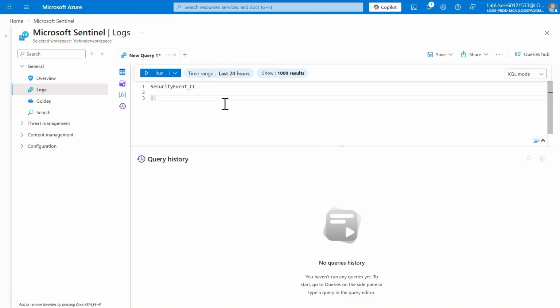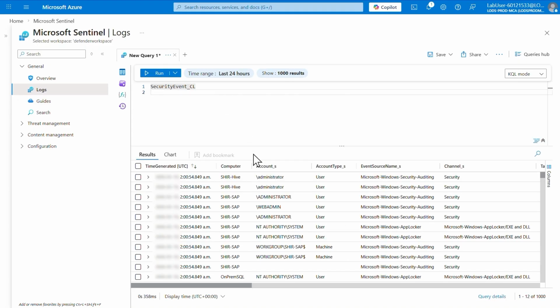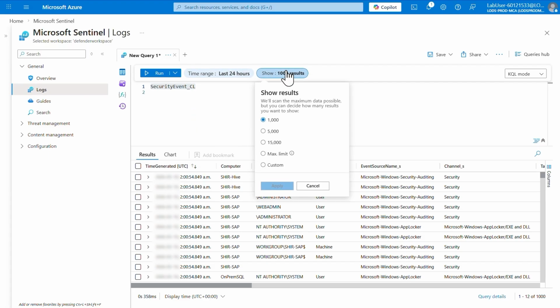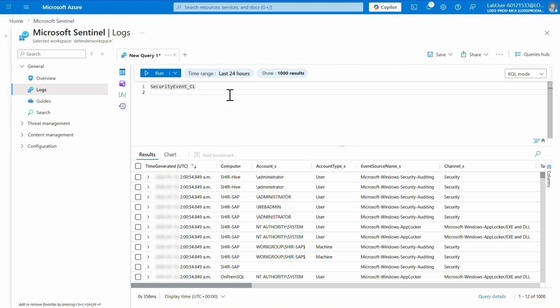This is about the simplest query you can create. Type in the name of a table, hit the run button, boom, here's a list of results for you. We're seeing all the rows in our SecurityEvent_CL table. Actually, we're not seeing all the rows because there are filters at the top. We can see we're only showing the first 1,000 results and the last 24 hours as well. If necessary, we can change the time range or choose the number of results that show up. We can do that either through the toolbar, or we can do it directly inside the query interface, which we'll